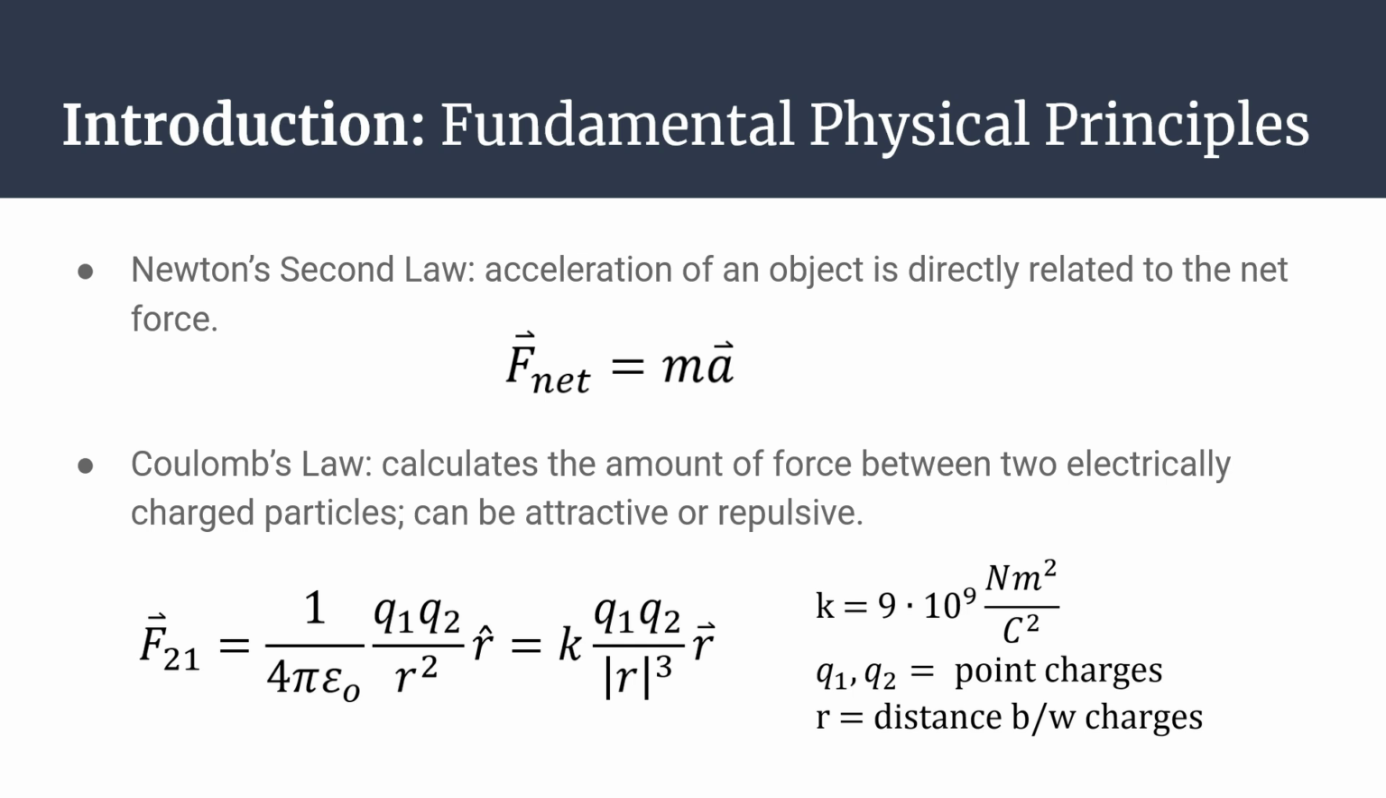Newton's second law: acceleration of an object is directly related to net force. This is useful when we find the electric force because in this case, F net is equal to zero, and that means the magnitudes of the gravitational force and the electric force are equal. Coulomb's law calculates the amount of force between two electrically charged particles, which can be either attractive or